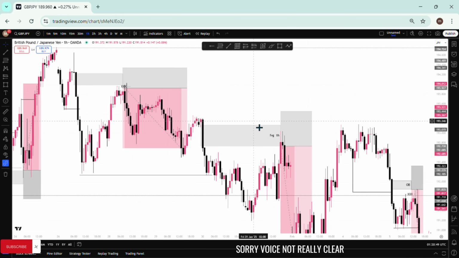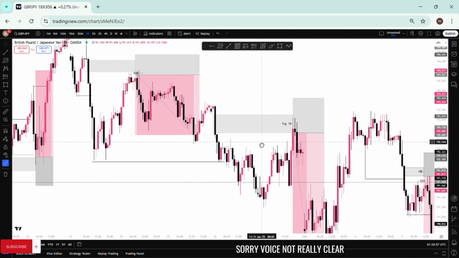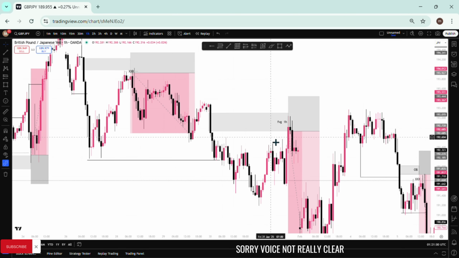Okay, so this is it, right? Even though there was no liquidity here, there was one, but at least there wasn't. This is not a liquidity gap. So this is the fair value gap here. That's the 1 hour fair value gap. You can literally see price went to tapping, and you can literally see price